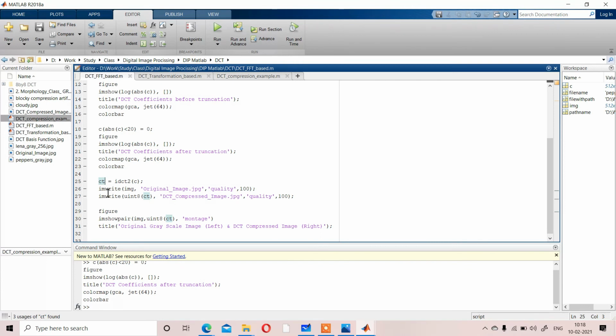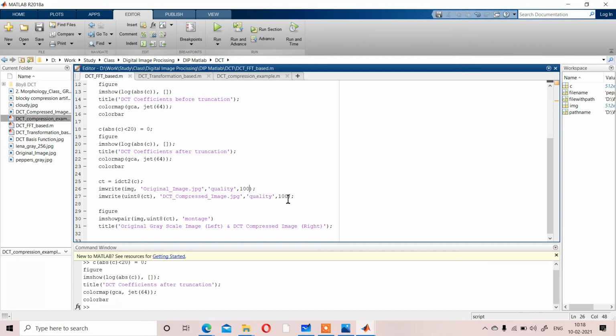Here, using imwrite, the original image is JPG with quality 100, which means we are fixing the quality and we are fixing the size of the image for both to compare. If we change the size of the image, then obviously the bit size will also change. Size of the image means size defined by rows by columns. So if we want to compare the bit size, you have to fix this.